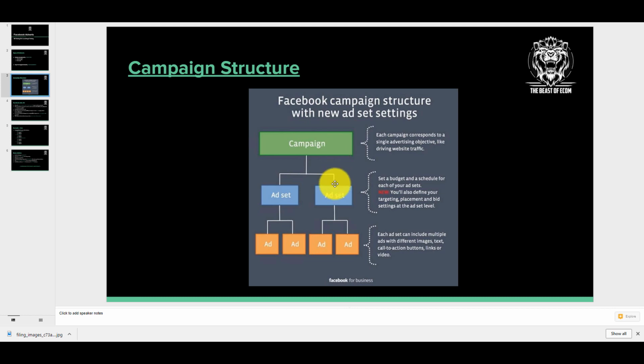Moving down below, we've got ad sets. Now, ad sets are where you can set your budget, your targeting. This is where you select your interests, your ages, your placements, whether it's mobile or desktop. So a lot of the ins and outs and working and testing generally goes in on ad set level. And then moving down, of course, you've got your actual adverts, which I like to call creatives,